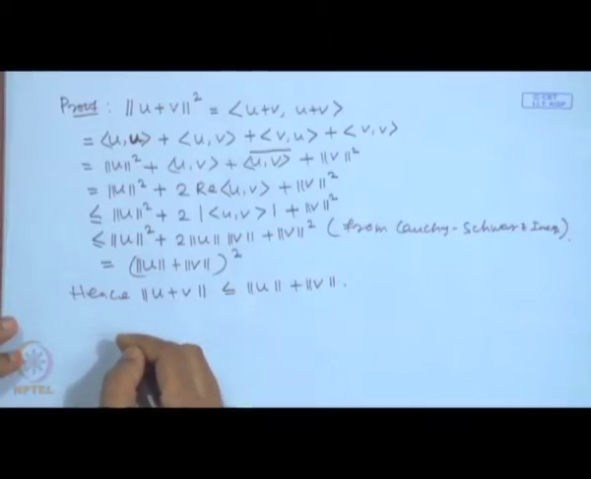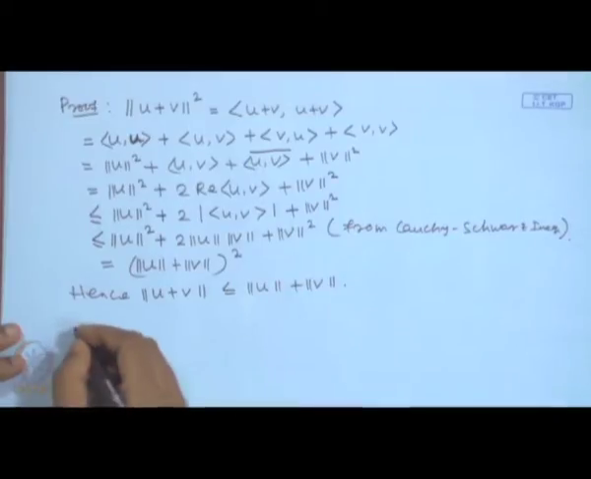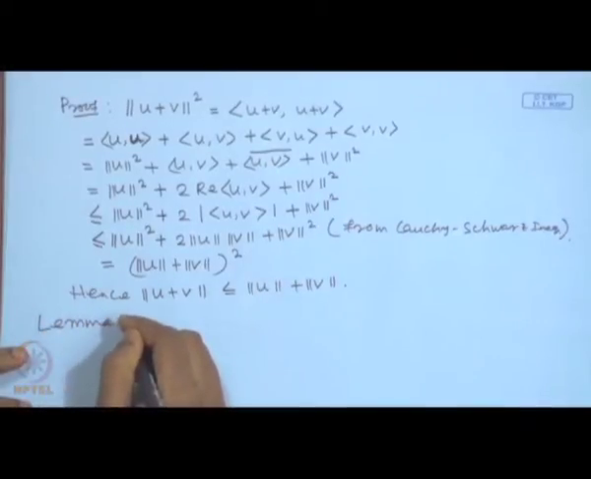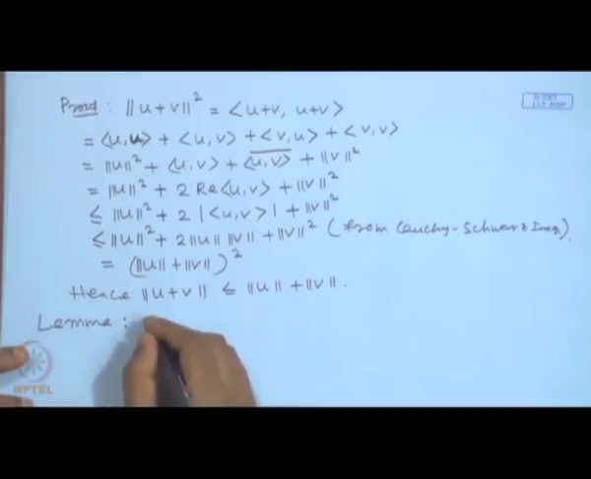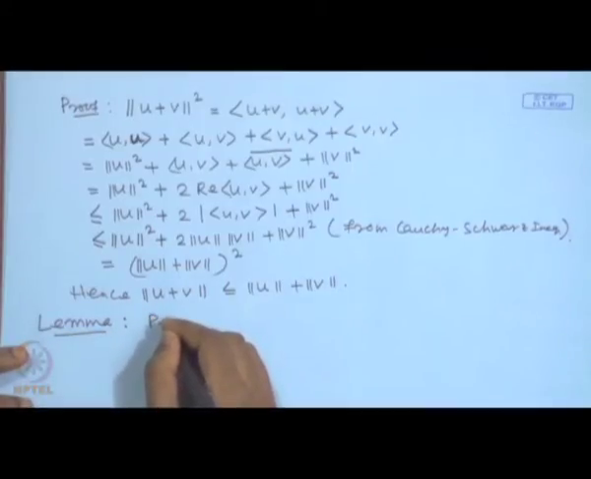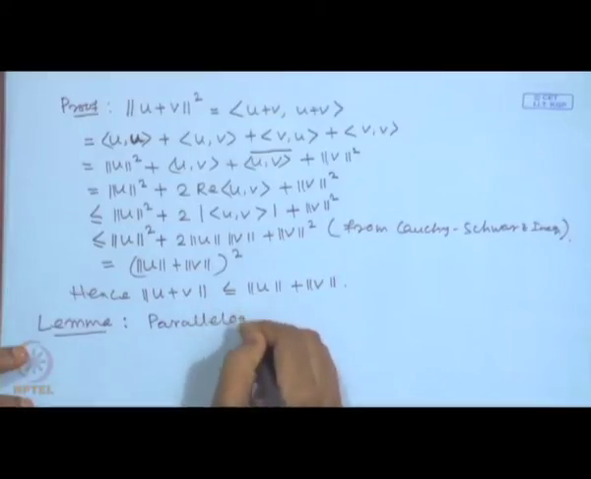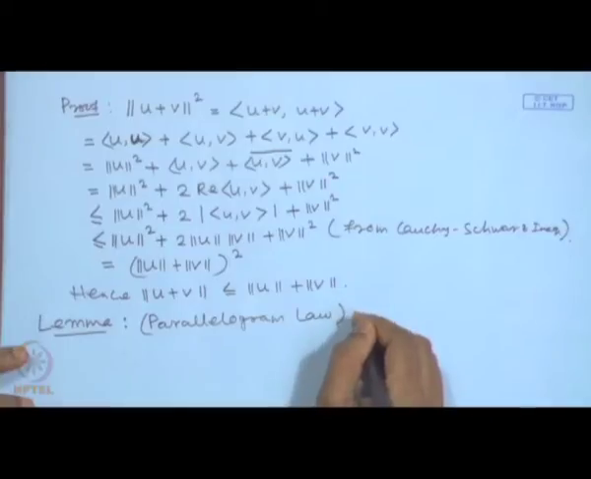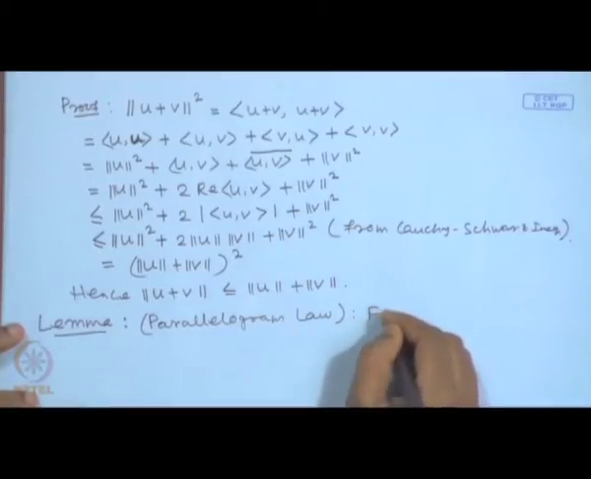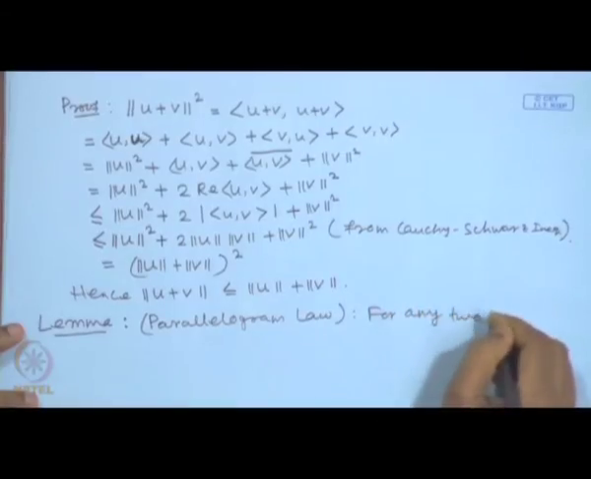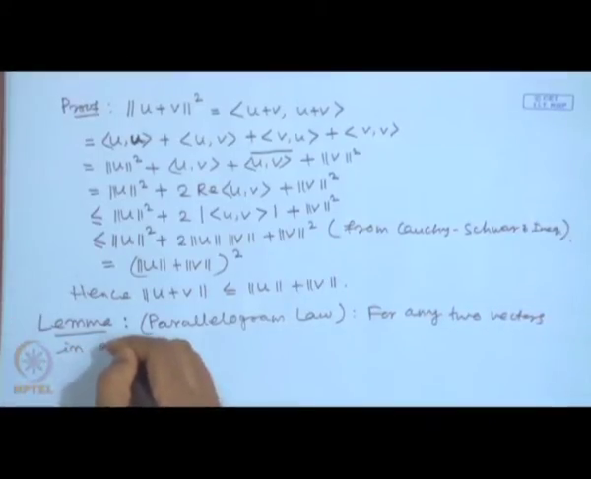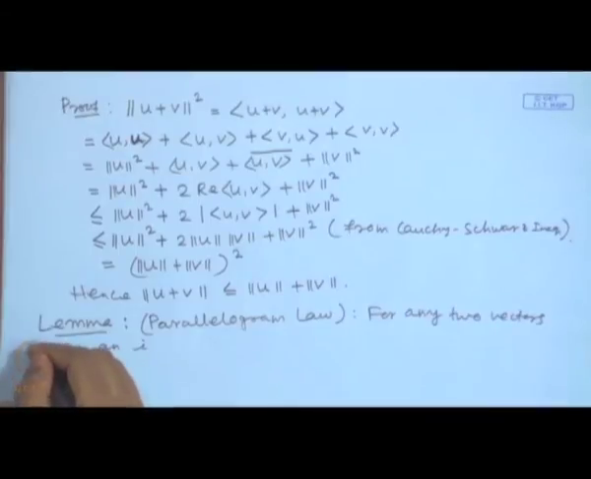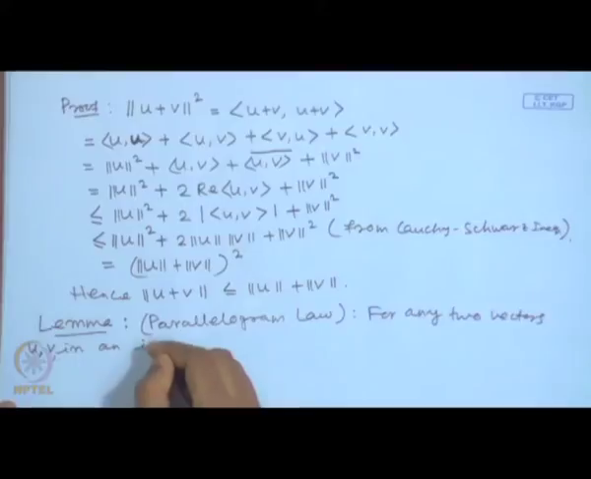Here this inner product space also satisfies an important property that is called the parallelogram law. So, this is another important property we get, the parallelogram law. It says that for any two vectors, say u and v, in an inner product space,